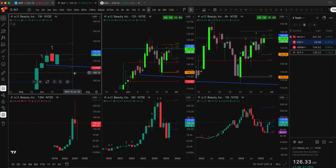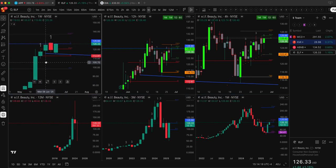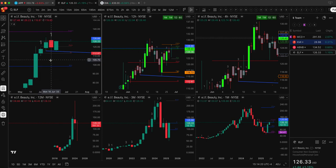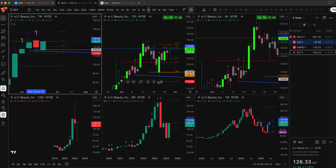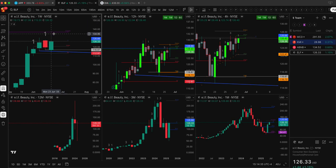Yep, I agree. So here's one of the things that I've been playing with recently. If you get a strong trend like you see here on the weekly on ELF, and then you get an inside down, a reclaim of the low is actually your most aggressive entry, right? And that would have put it at like 116.87,